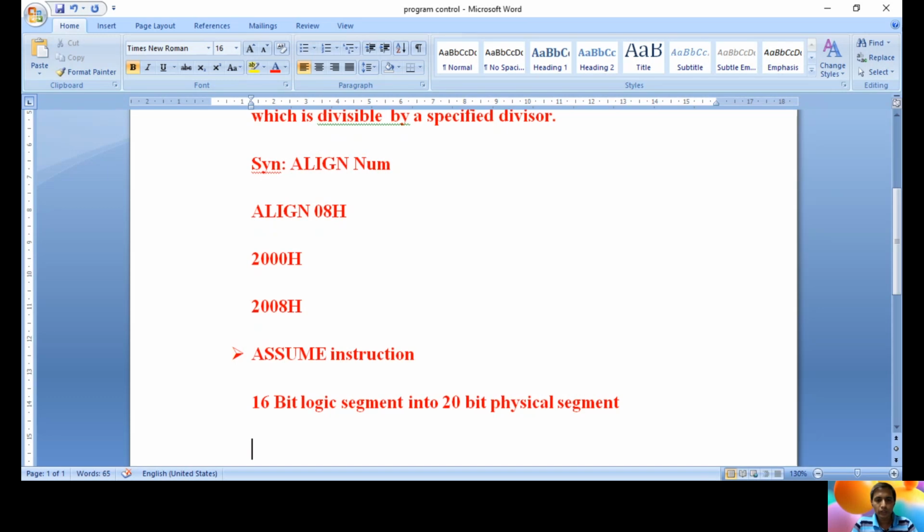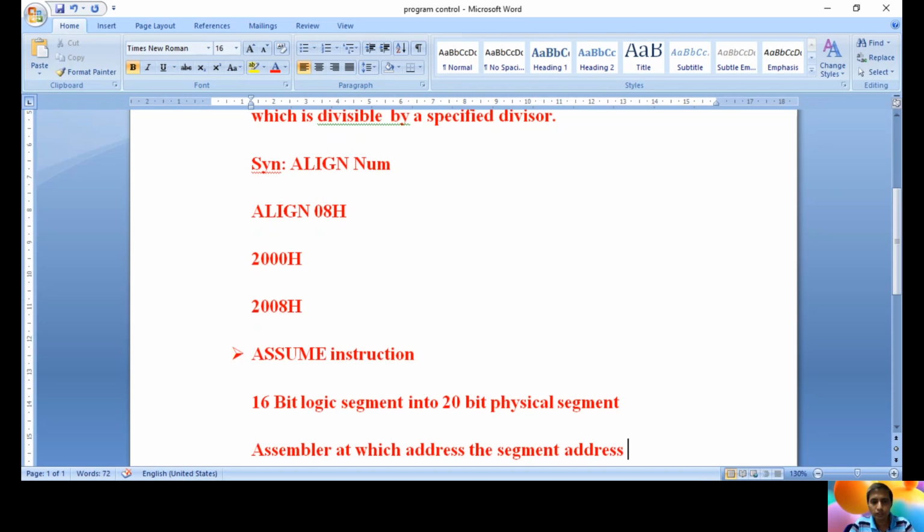The other function is that the assume directive tells the assembler at which address the corresponding instruction is executing in the segment register. That is, the information about which segment address the segment register is currently executing is also given to the assembler with the help of the assume directive.